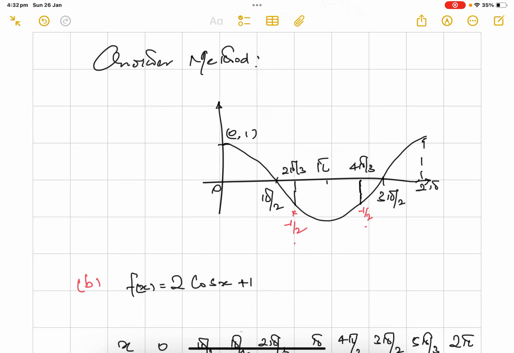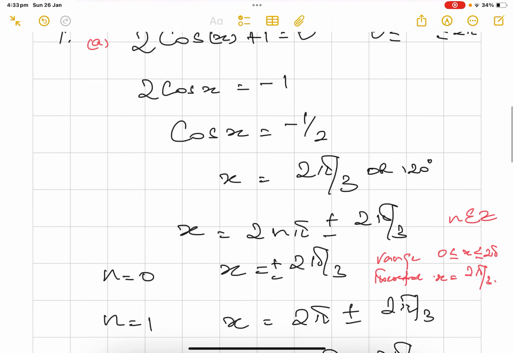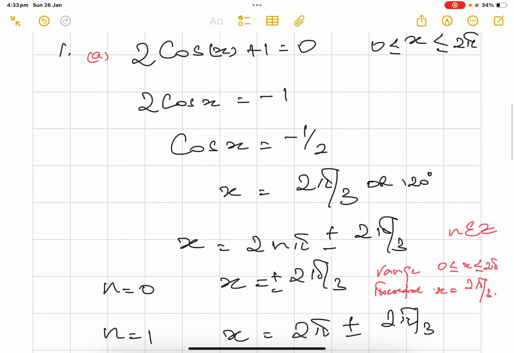We do not go beyond 0 and 2 pi. If you look at the curve or the waveform, minus half occurs in only two places. At any other places, the value would be positive, which we don't want. So the answer: if you can't remember the formula with 2 pi n plus or minus 2 pi by 3,